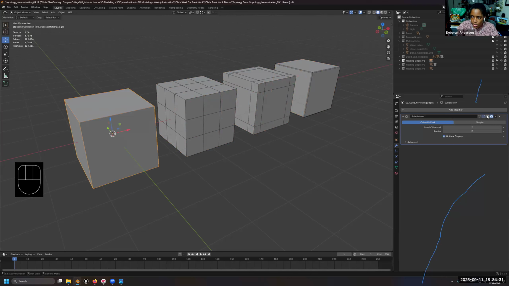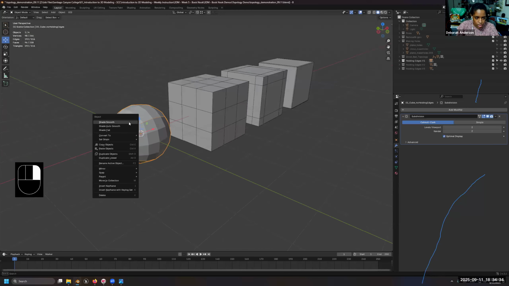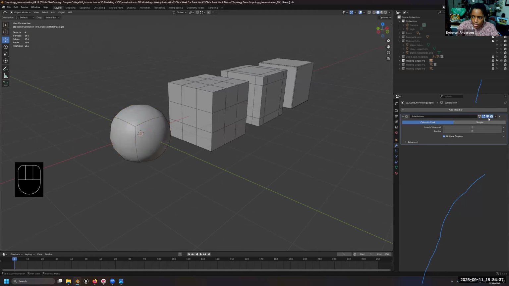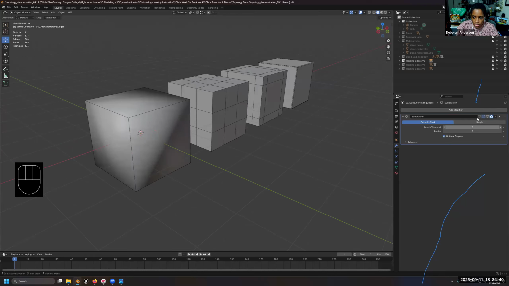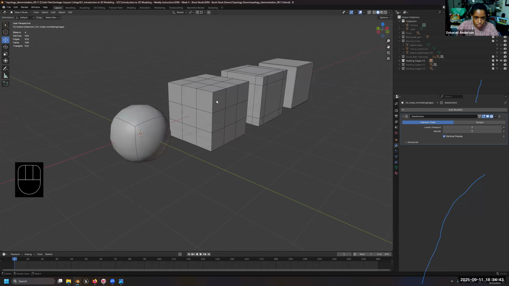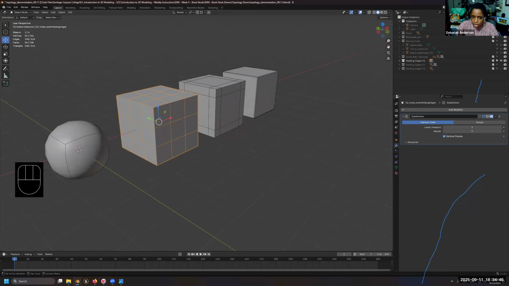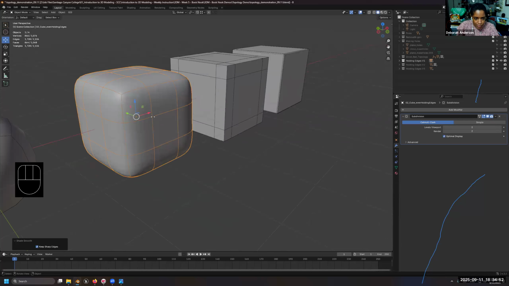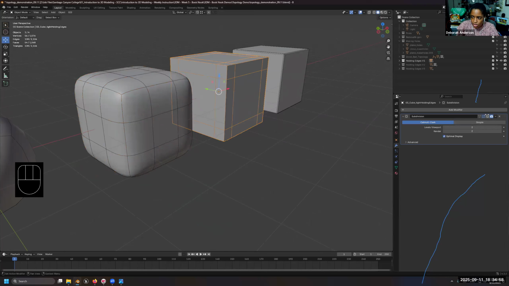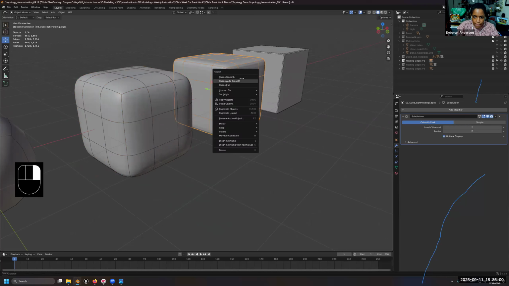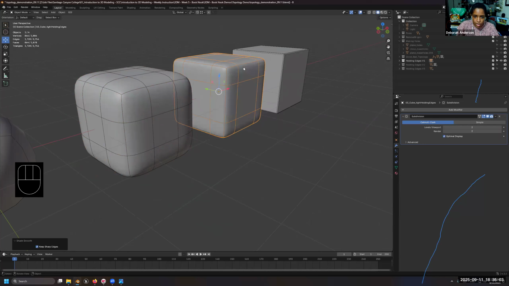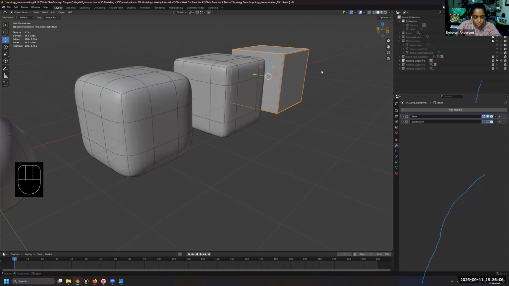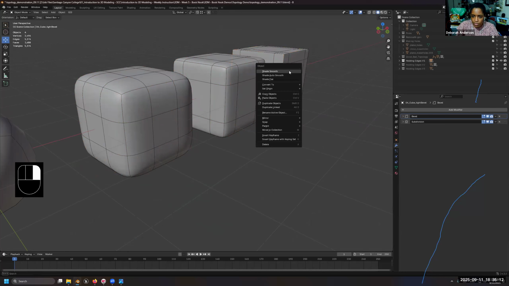So if we turn on subdivision, right click, we can see if we don't have any holding edges, if we just have the cube, that's just going to turn into a sphere. For this one, it's going to turn into like a gummy cube because we have the even distribution and the edges are far from each other. As we get closer, if we have our holding edges closer, it's a tighter curvature. And then if we just add that bevel, the three edges are really close to each other,